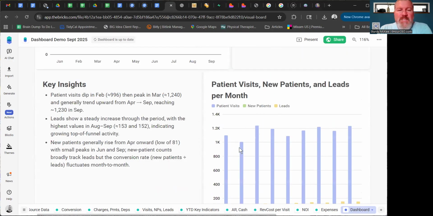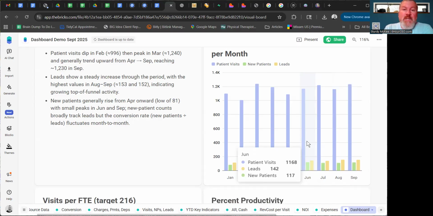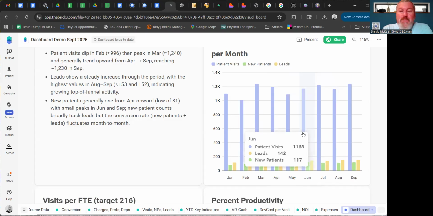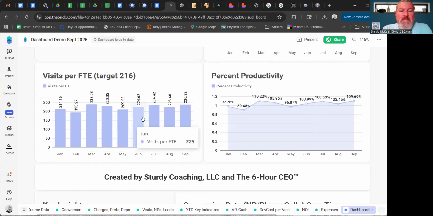It doesn't really matter what the metrics are. They're specific to the business. In this case, you can see the visits and then the new patients, the inbound leads, meaning the people who were interested and called, or they got a fax referral, or an email referral, or a call from a doctor or something, right? From that we can do conversion rate, we can do business per case, we can look at productivity versus capacity. Their actual capacity is around 216 visits, as you see with the target, and they're over